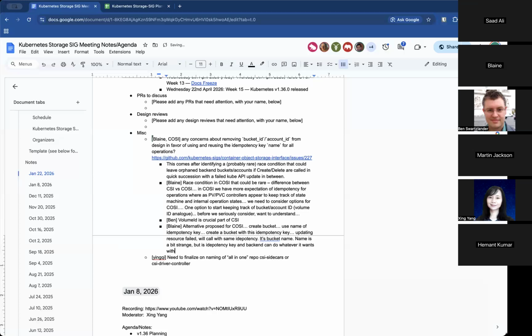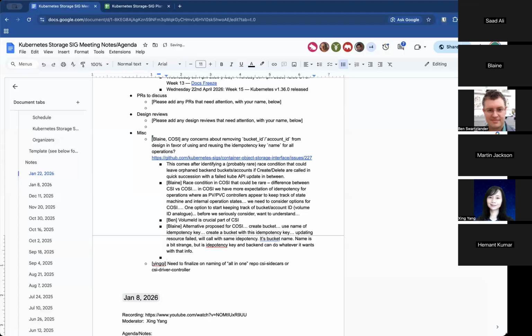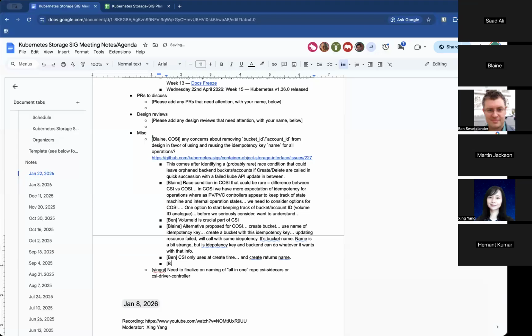But on the CSI side, we only use that at create time and then create returns an ID, and then that's used henceforth. So are you saying on the Cozy side, it's not that way? That you just continue using... Go ahead. Yeah, it is that way. Currently, it is that way in the Cozy spec, but we're not keeping track of, and we don't have...